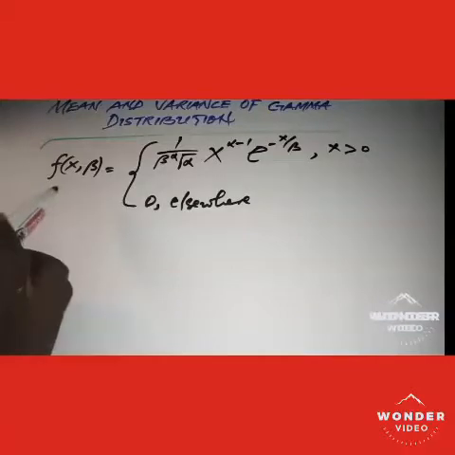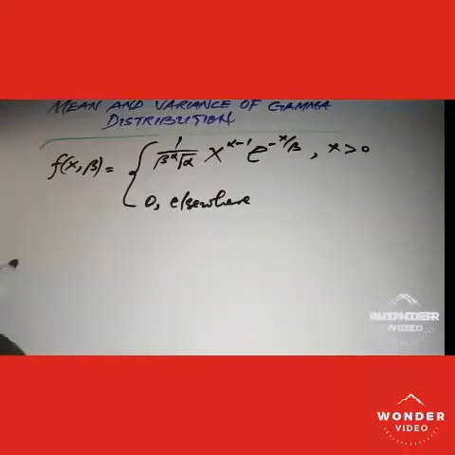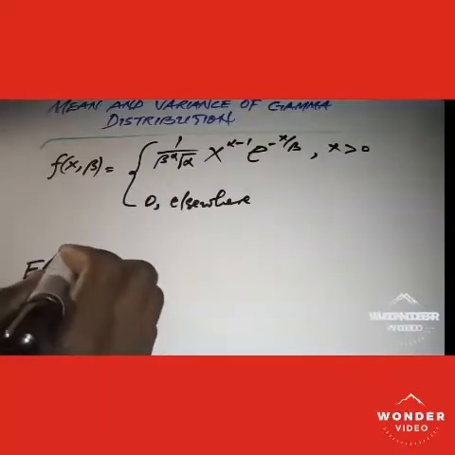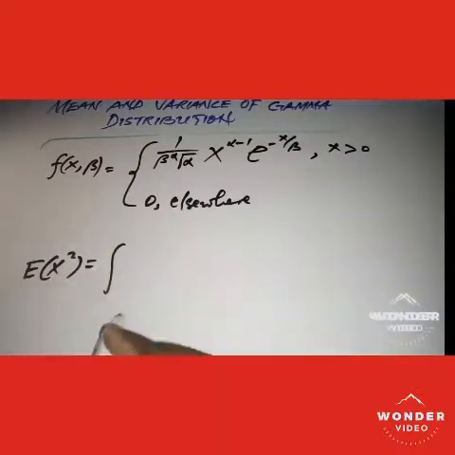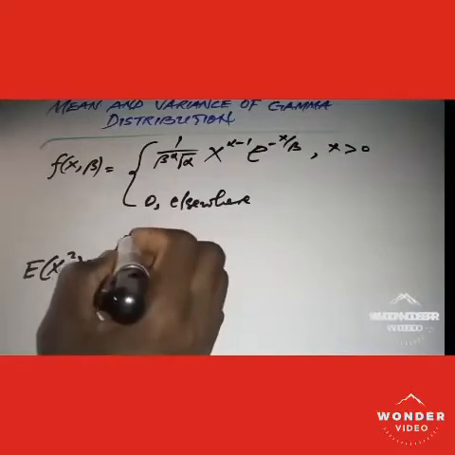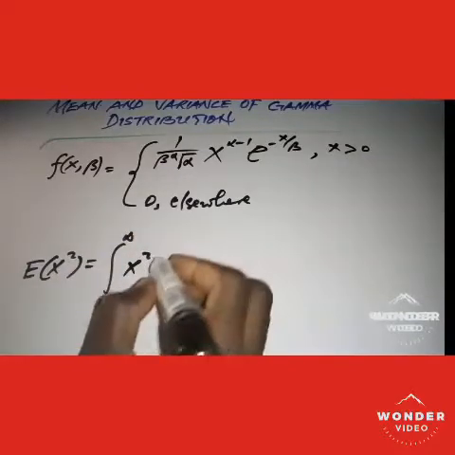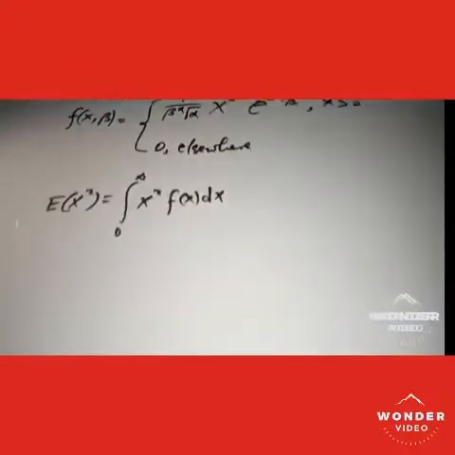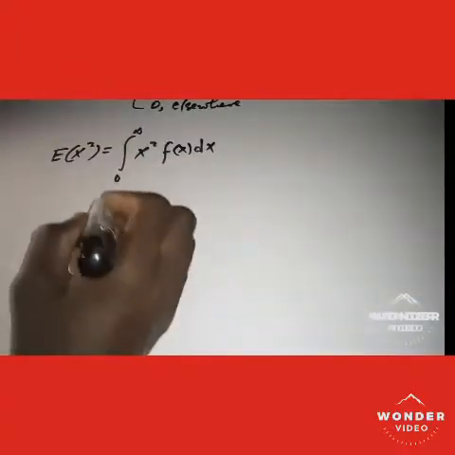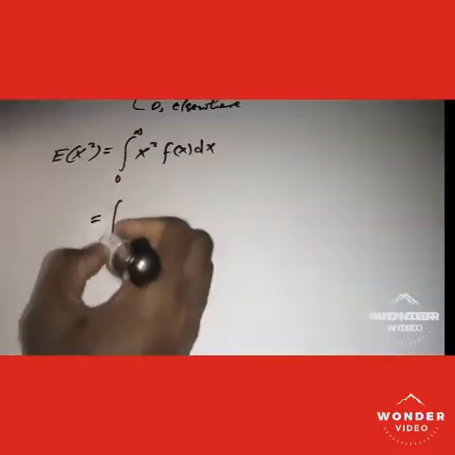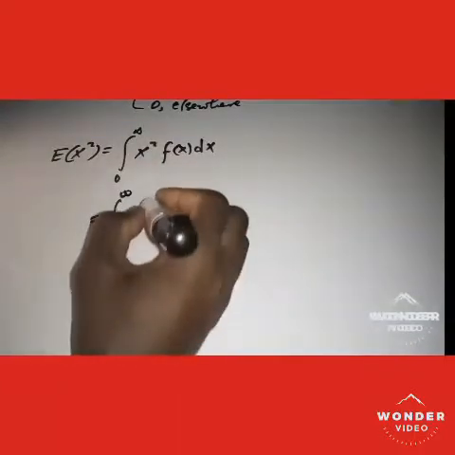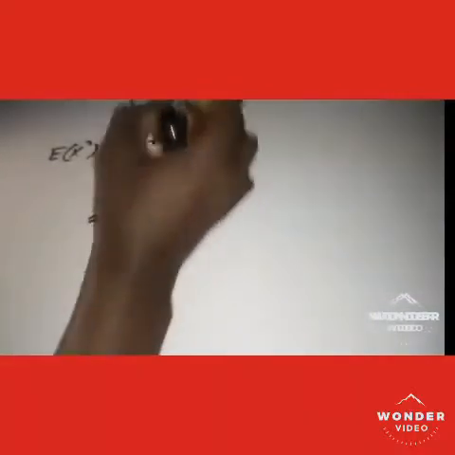I am going to use the density function just the way I used it when I was proving the mean of gamma distribution. So therefore, E of x squared is equal to the integral from 0 to infinity of x squared times f of x dx. So substituting this in the formula, I will now have the integral from 0 to infinity of x squared, then the function f of x dx